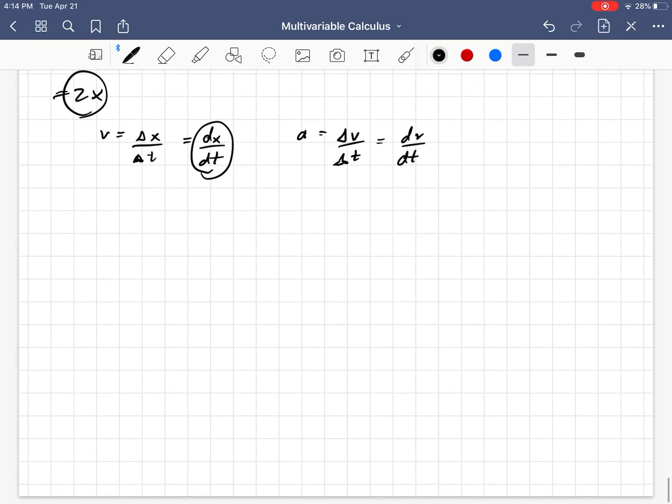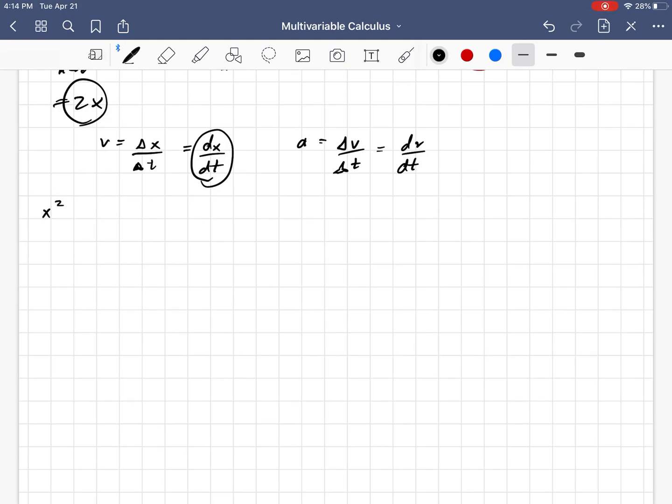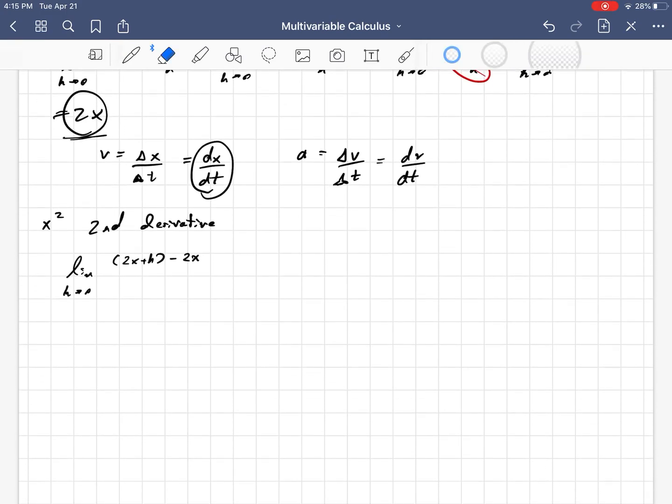But what is the derivative of velocity? Well, it's just the second derivative of position. In other words, the second derivative is the derivative of the derivative. So, for example, if I were to take the second derivative of x squared, then I know the first derivative is just 2x. So now I take the derivative of the derivative. So if I were to take the derivative of the derivative, I would get the limit as h goes to 0 of 2x plus h